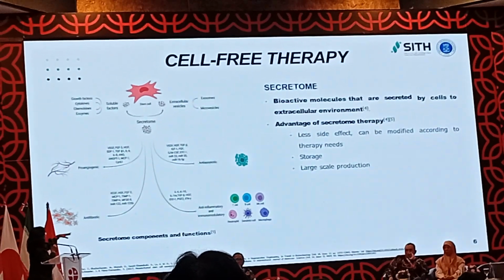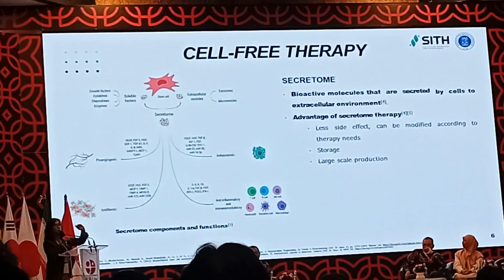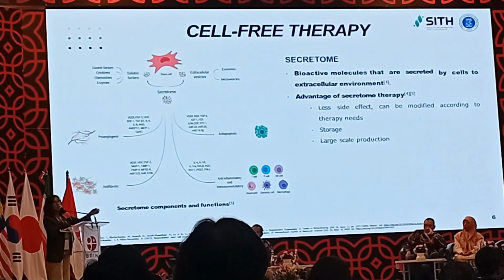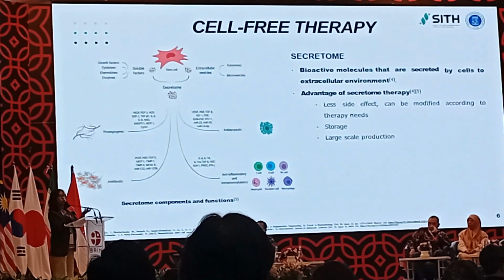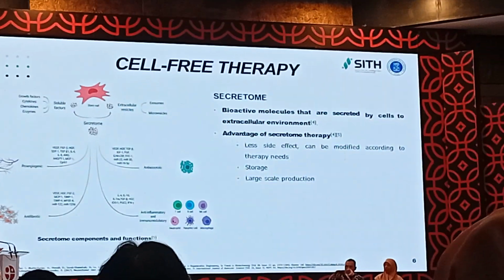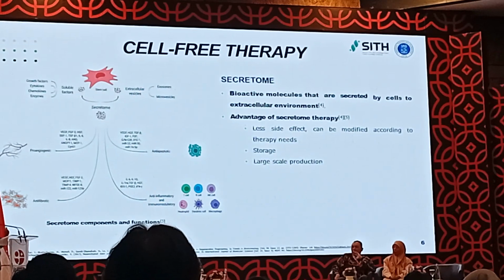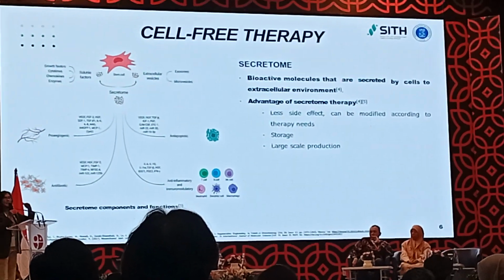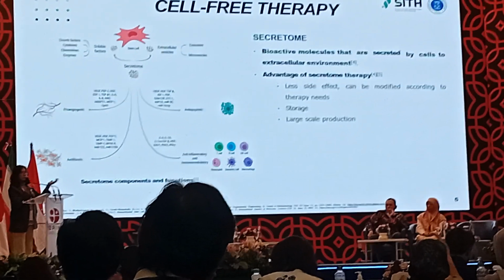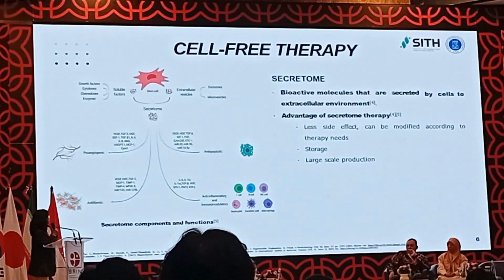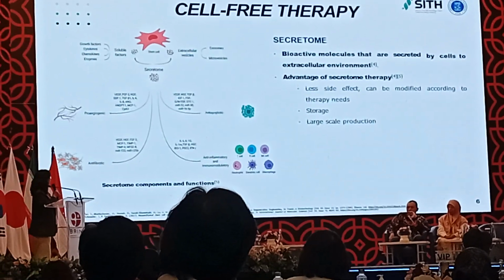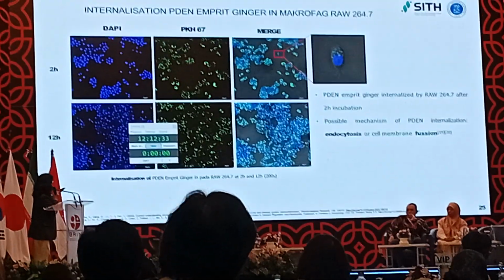We try to combine secretome and exosome. We use the plant-derived exosome, give it to the RAW cells, to the macrophage, and we use the conditioned media, the secretome, to treat the cancer cells. We use HeLa in this research. So it also can reduce the metastasis genes, like the ones for vimentin. So it has potential results too. We use the ginger, yeah, the improved ginger. Okay. So next slide. This is the result.